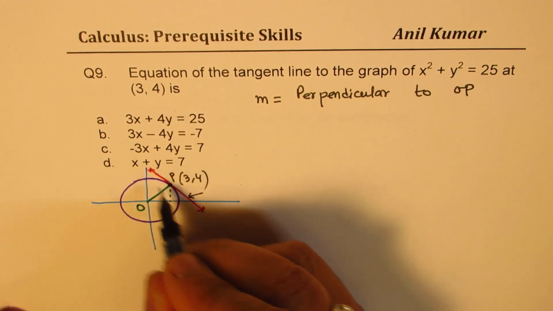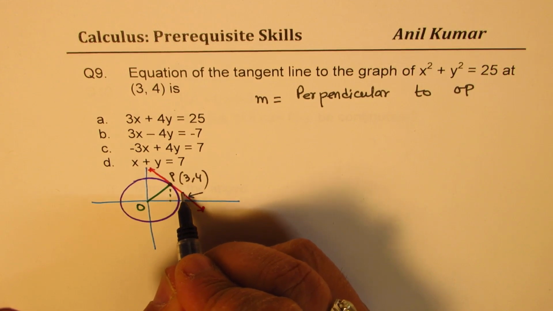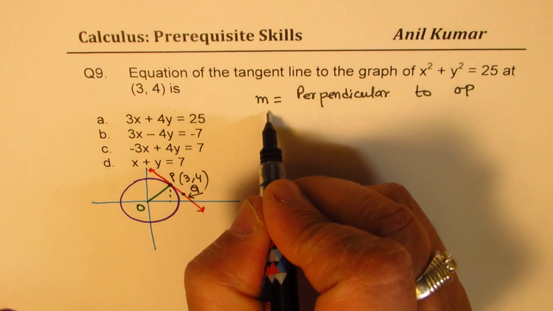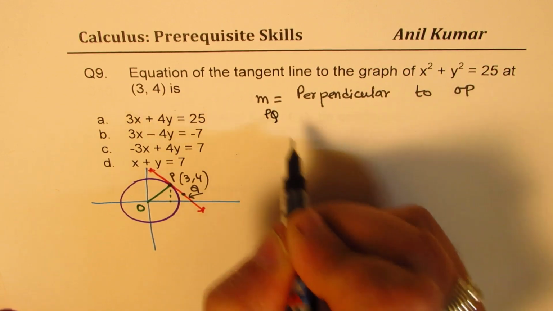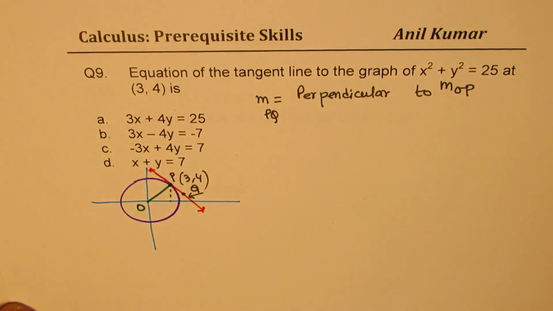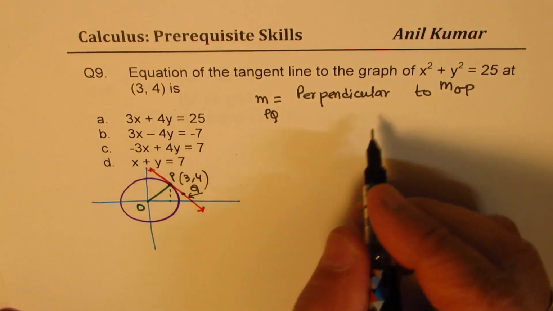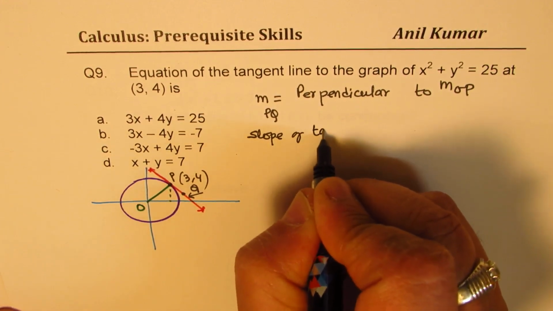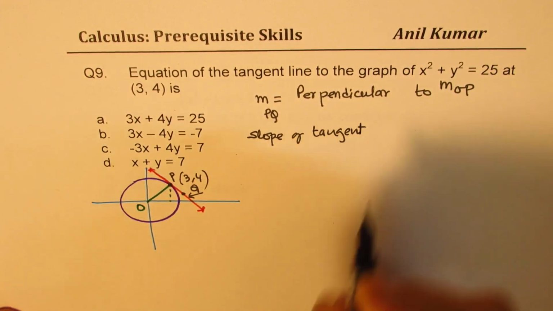So let's take another point on this, let's say Q, so PQ. The slope of PQ is perpendicular to the slope of OP. Does that make sense, right? So you get what I'm saying. Let me rewrite. So the slope of tangent PQ